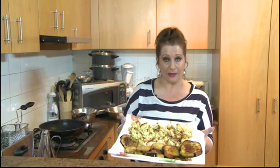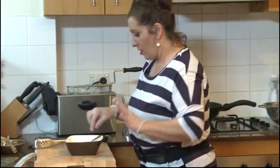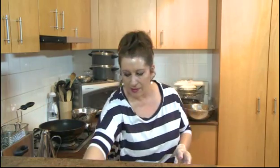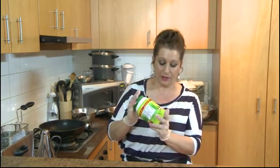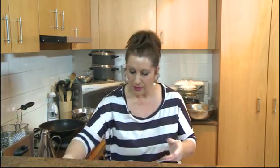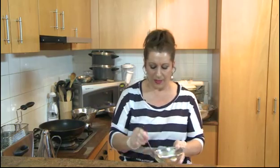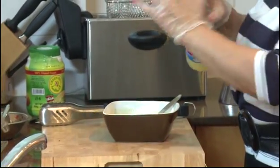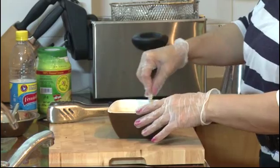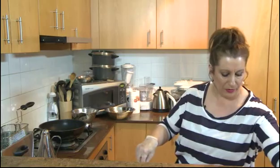Now what we're doing next is we're going to move on to do the sauce, the tahini sauce. Now over here I've already got the tahini, and this is the jar of tahini, and you get it from all the Lebanese supermarkets. That's the tahini. What we're going to do here now is just add a little bit of salt, half spoon of salt. I've already squeezed a little bit of lemon, so we'll go here, lemon, and then we mix. And then we mix it, and what we do here,